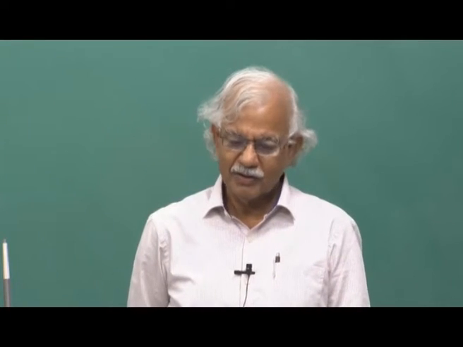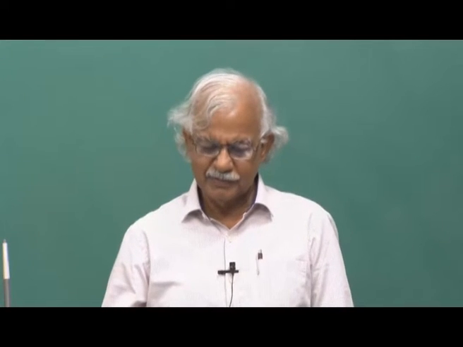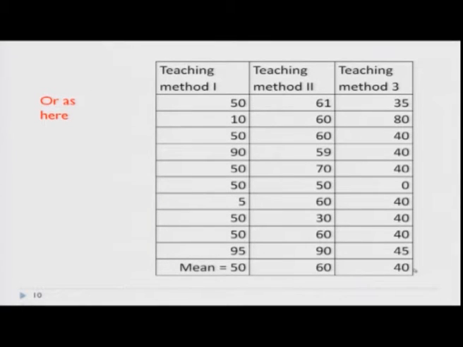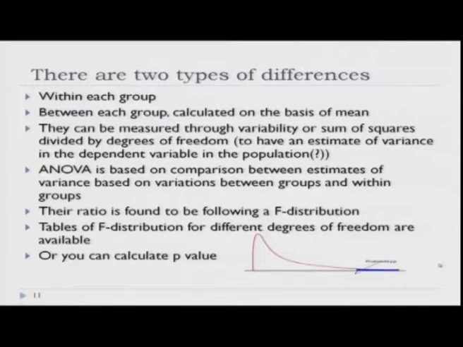This is a more realistic situation, however, that there are variations between 50, 60, 40, arithmetic means are 50, 60, 40, and there are also variations within. Now, the example which we have selected for solving the problem of removing the effect of sampling fluctuations from differences in group means is like that only, that there are differences within as well as between. So, there are two types of differences that we find in dealing with ANOVA cases: within each group, between each group,